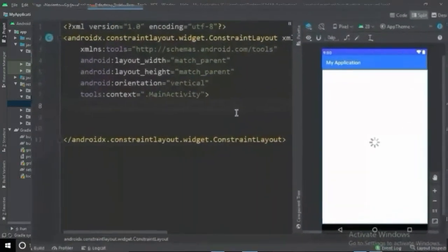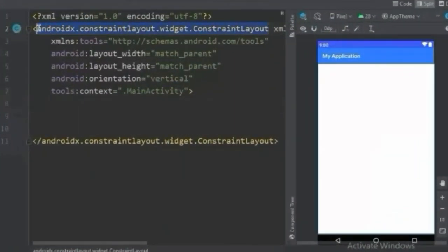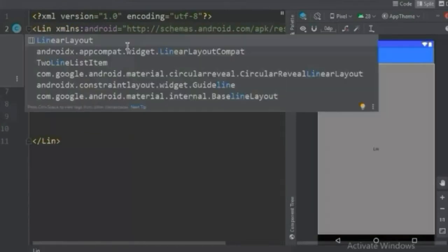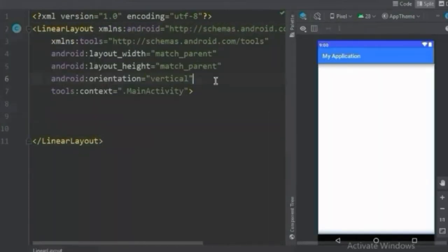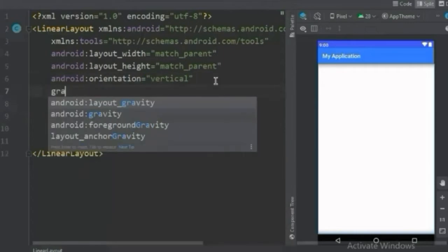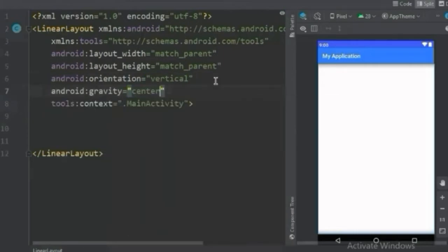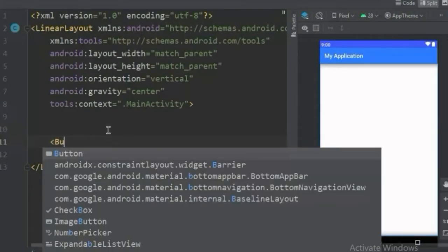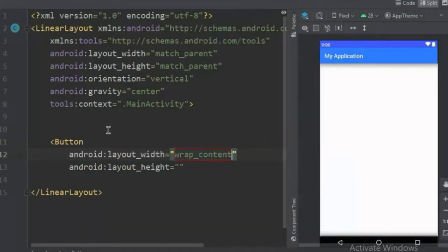So in our activity, I'm going to use a linear layout instead of this constraint layout. You can use whatever layout you want. And give a gravity of center. We're going to add a button here with height and width wrap content.